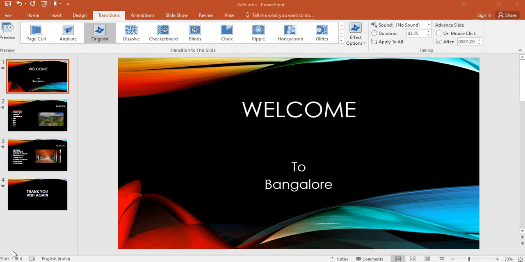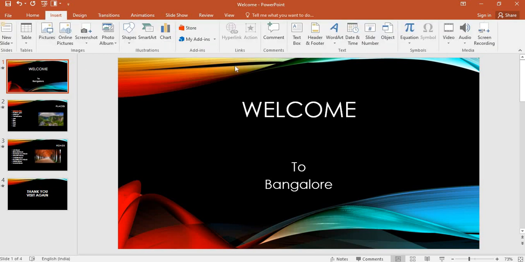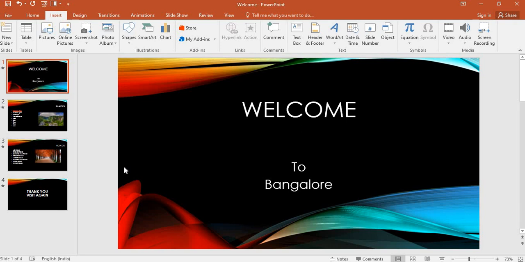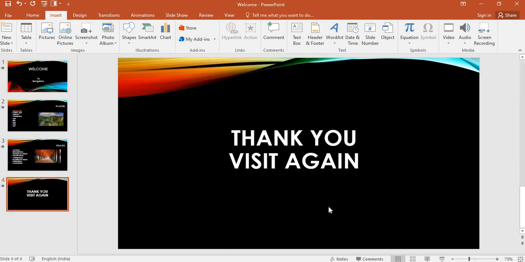Today I'm going to teach you how to use the actions in PowerPoint. So here we have the PowerPoint software. In the Insert menu, we get Actions. Actions is used to jump from the first slide to the second slide or from the second slide to the first slide. Suppose when I'm in the last slide,